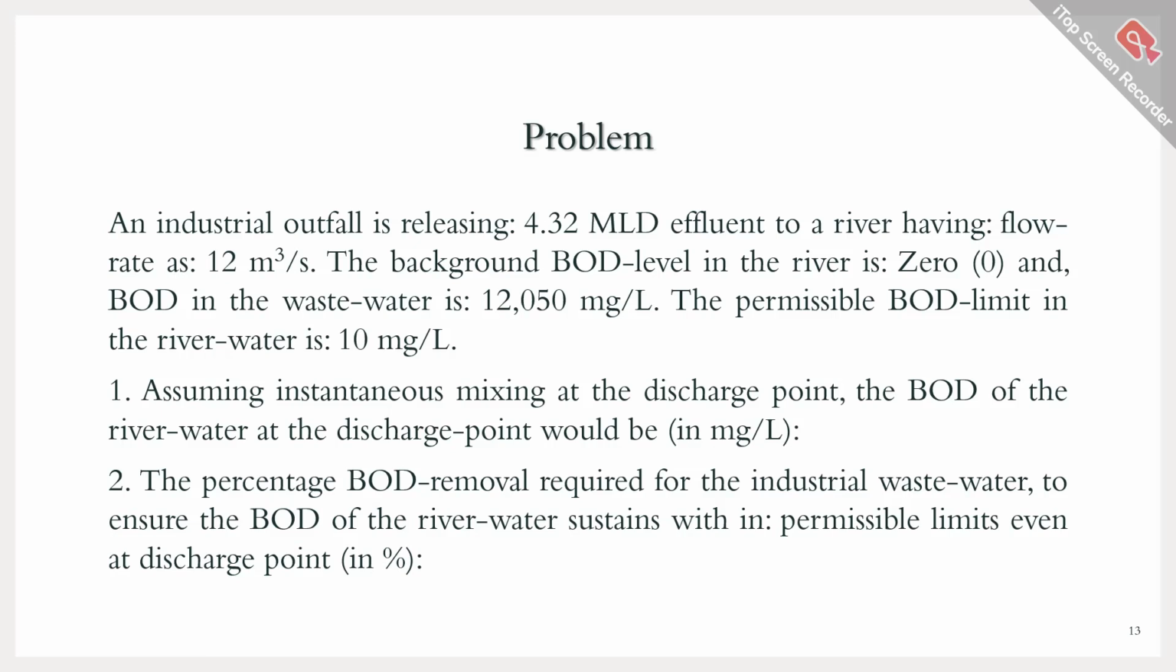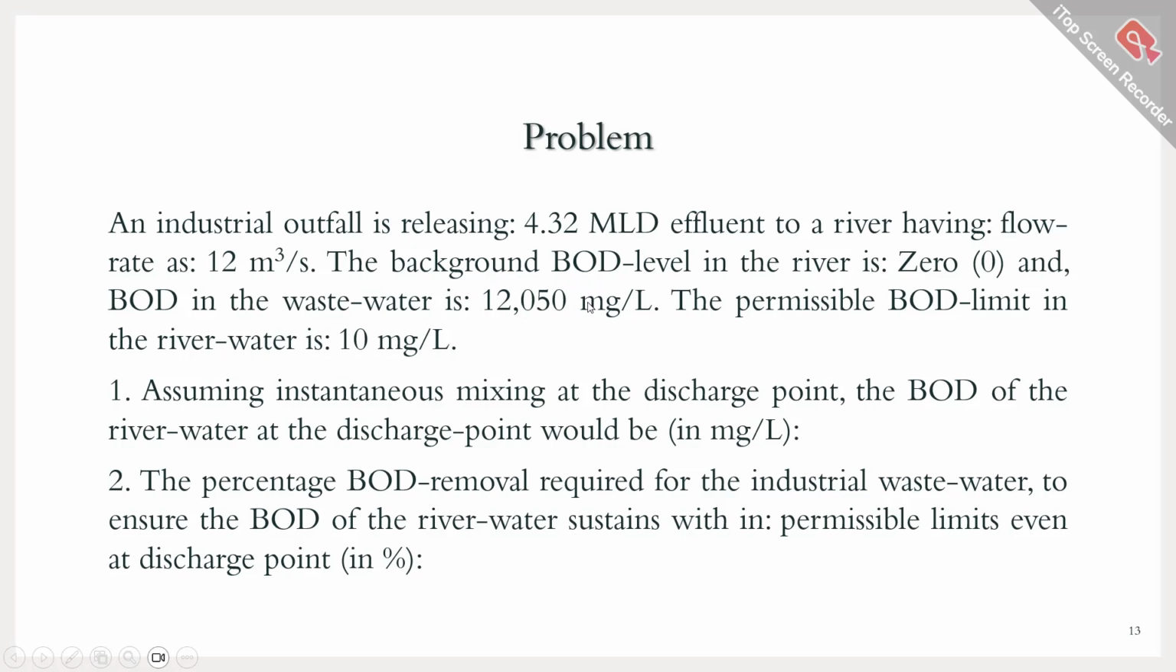The first problem we have calculated already. After instantaneous mixing, there is no treatment. It will give you the total BOD divided by total flow rate, that will give you the BOD in milligram per liter after instantaneous mixing at the discharge point. But it was 50 milligram per liter, while the river water allowed BOD is 10 milligram per liter. And this entire BOD is contributed by this effluent. So to maintain it at 10 milligram per liter instead of 50 milligram per liter, you have to do certain treatment